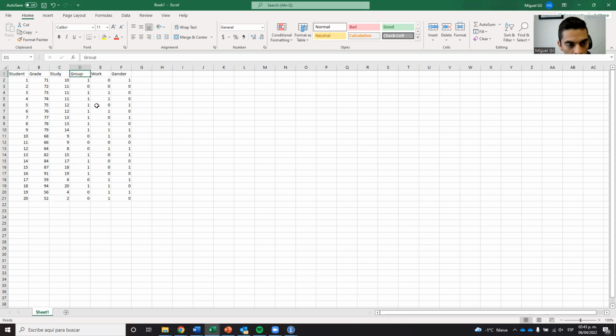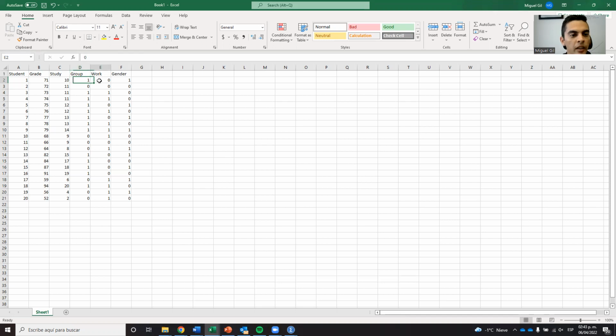And then we have another variable that says group, and we have 1 and 0. In this case, I know that 1 means that that person studied in a group, and 0 means that that person didn't study in a group, that that person studied alone. So as you can see here, everything is very coded. There is not a lot of information in my data set. That is something that we can talk about a little bit in SPSS, but I have it very lean. I only wrote group, but actually group means if that person studied in a group or not. And 1 equals yes, that that person studied in a group, and 0 equals no,